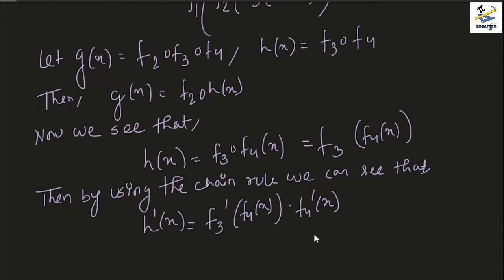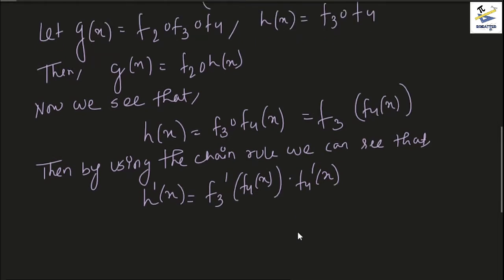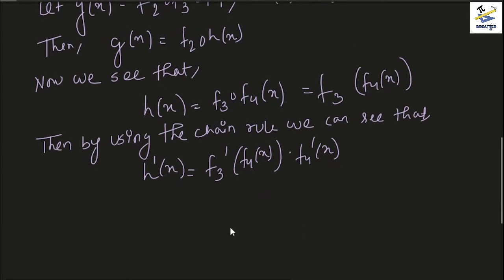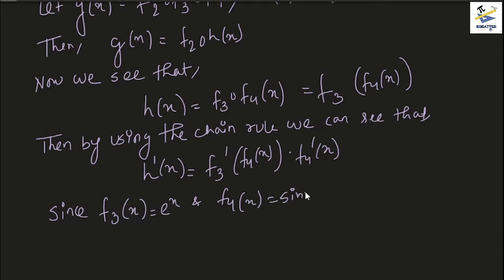So this would be the meaning of this function, right? h prime x. Now obviously this is the chain rule, and for that we need to find the derivatives for f3 and f4. So since f3 of x is e to the power x and f4 of x is sin x, we know that